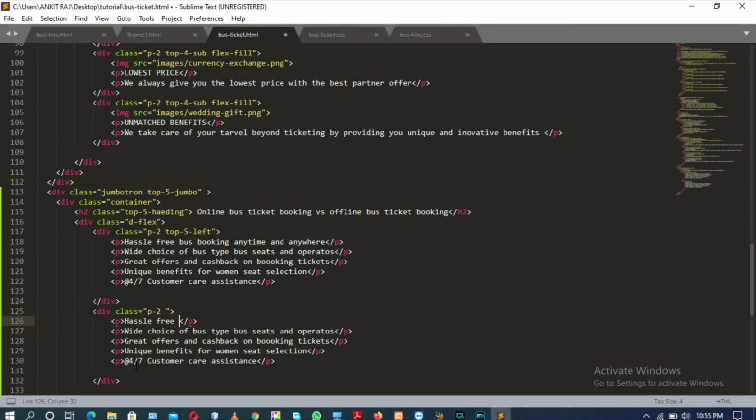Hassle of reaching bus counter and waiting in long queues. Yes, I think the spelling of queue will be Q-U-E-U-E. Yes, okay, right now this is right.